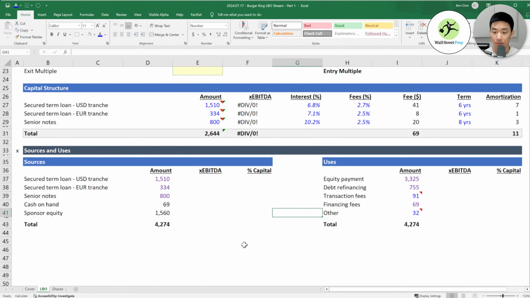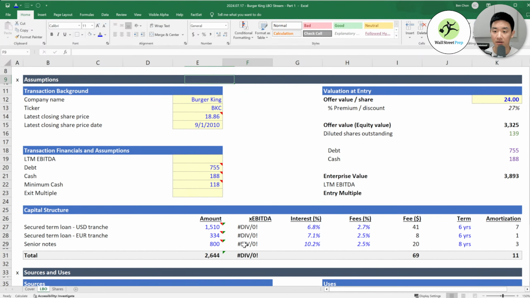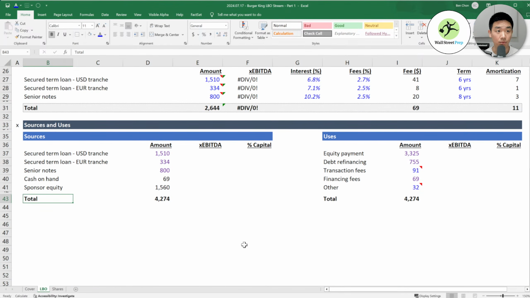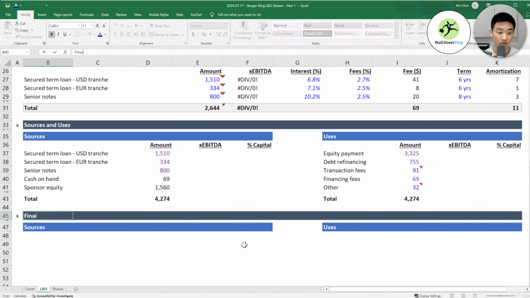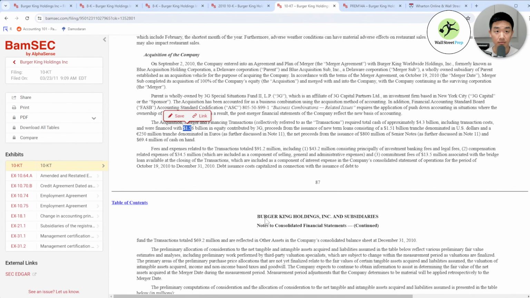So we have a lot of the key figures that we need here for sources and uses. Again, we need to get to our EBITDA figure. This will really help us fill in a lot of this information that we are missing right now. And that is actually the next step. So what we're going to do next is get our financials. And this is also going to take a while because we're going to literally copy paste all the figures. So bear with me here.